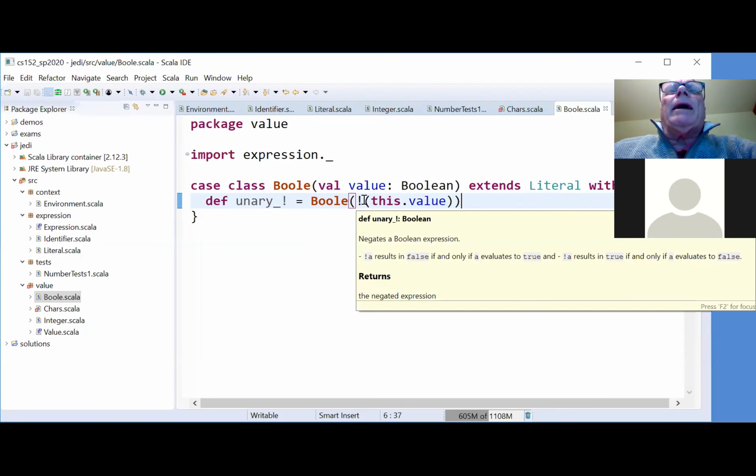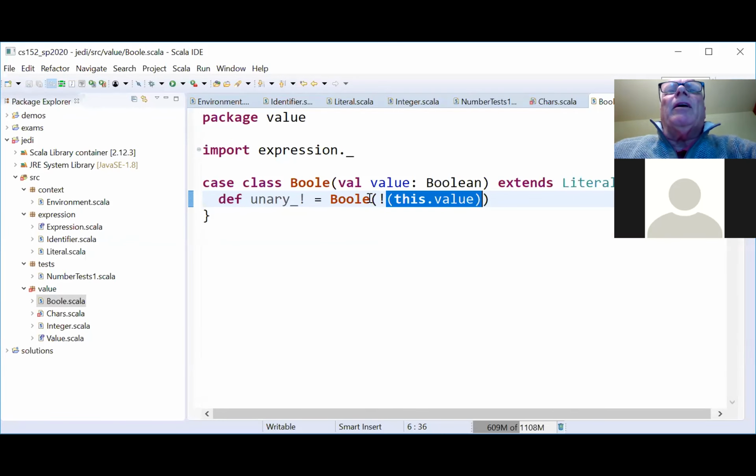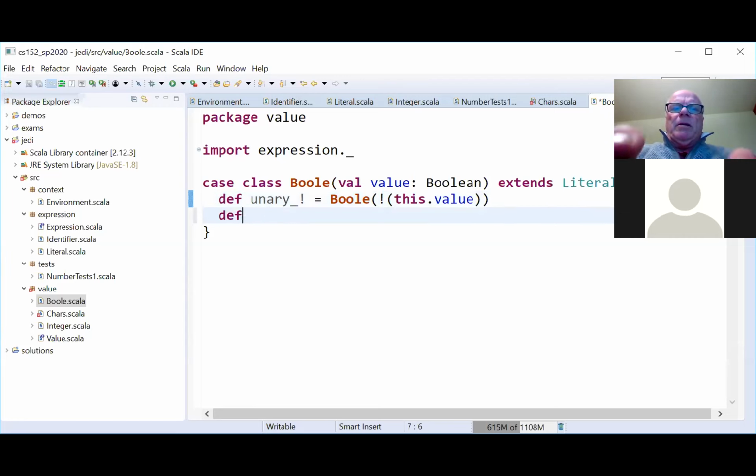And so I extract out the Scala value. This is Scala not. And then I wrap it back up as a Jedi bool. So all of these things are unwrap, get out the Jedi value inside, combine it with whatever operator, the corresponding Jedi operator, and then wrap it back up. I'm sorry, let me say it again. All of these operations, let's define, does that work?